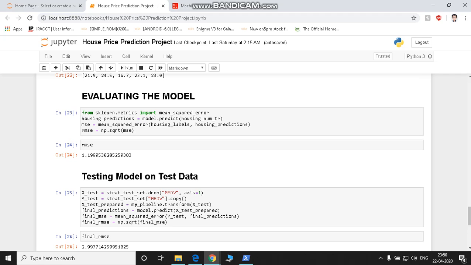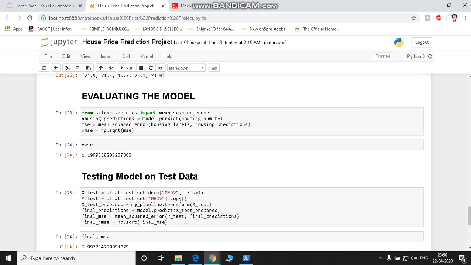Evaluating the model, we check how accurate our model is. To do that, we find the root mean square error on the train data, and we see that the RMSE is 1.19, which is pretty low value for a small data set like the one we have taken.